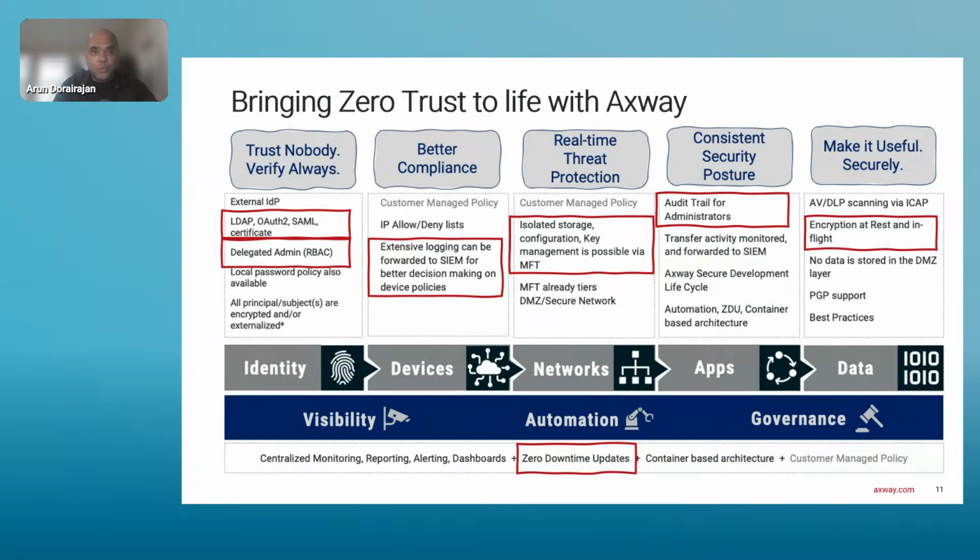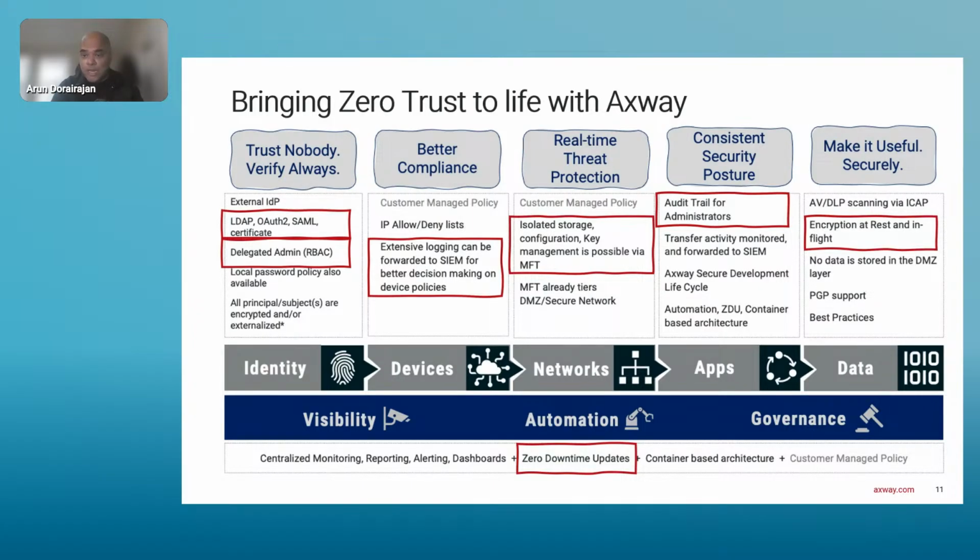I want to bring you how we bring zero trust to life with Axway. How do we actually implement it without you buying 5 different tools or building it all yourself? Across identity, devices, networks, application, and data, Axway provides a unified security and governance layer.